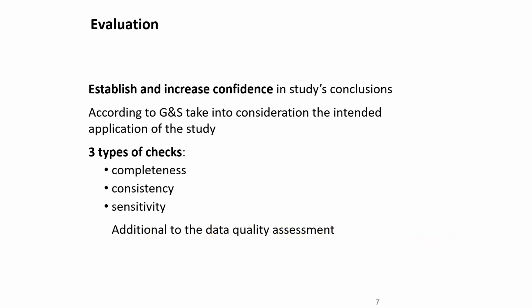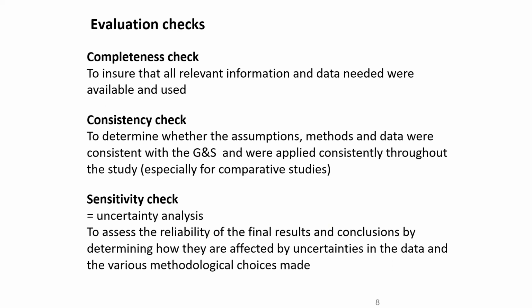In terms of evaluation, we look at completeness, consistency, and sensitivity, in addition to data quality. With completeness, we make sure that all the relevant information is there. Consistency is whether the assumptions, methods, and data were consistent with the goal and scope. For the sensitivity check, one part is uncertainty analysis, where you look at the reliability of the final results and conclusions and determine how they are affected by uncertainties